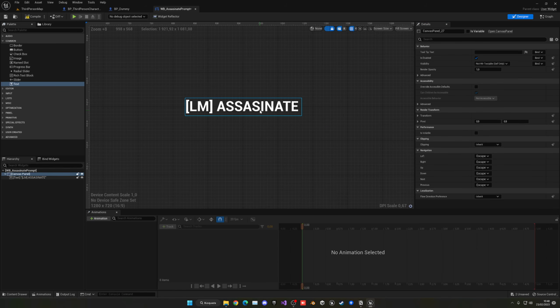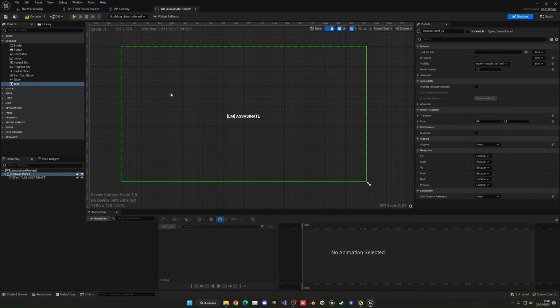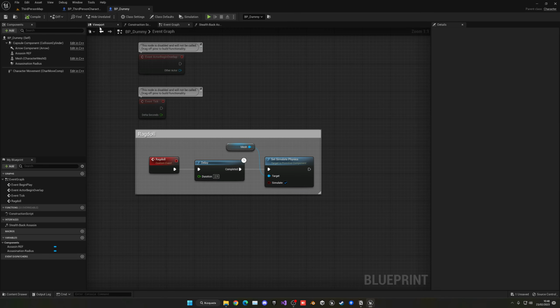So left mouse, assassinate. We'll of course later on put a better icon and stuff. Like I said, this is just temporary. Let me go ahead and mute the phone. All right, so now what we can do is compile and save, close this, and I'll go into the dummy,